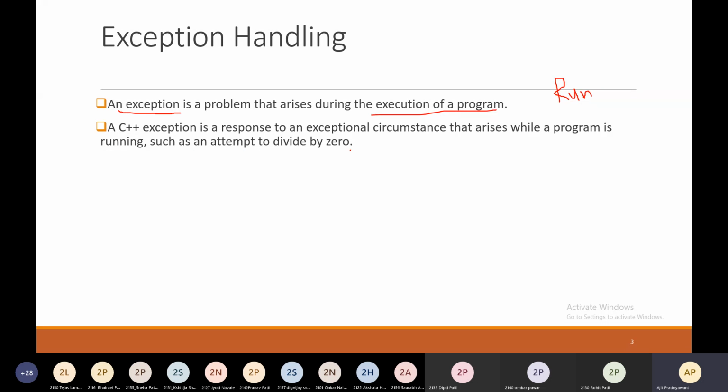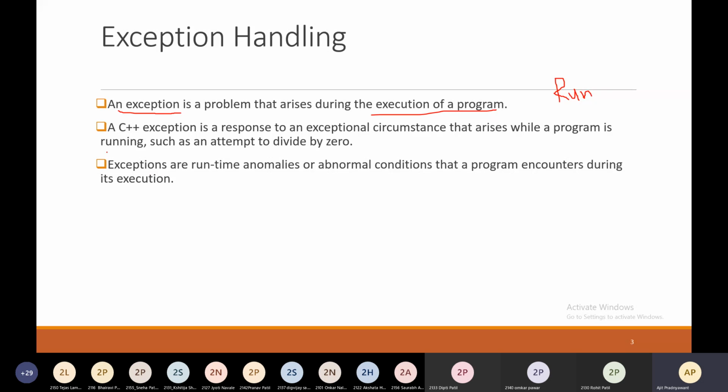For example, your program is in execution and your logic comes across divide by 0, then this could be an exception. Exceptions are runtime anomalies, or abnormal conditions that a program encounters during its execution.